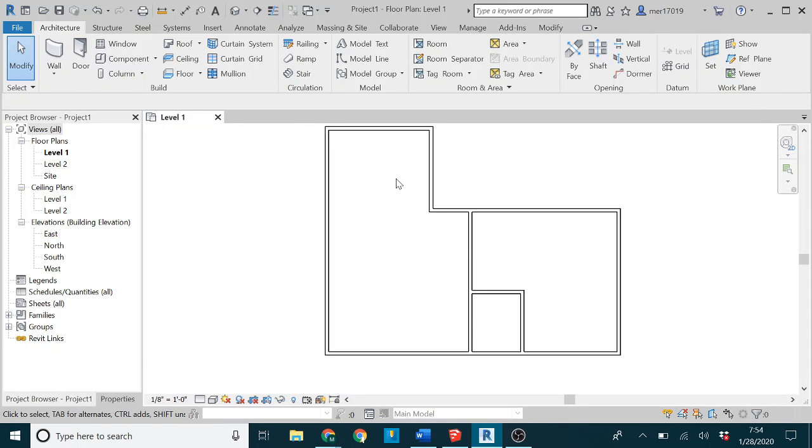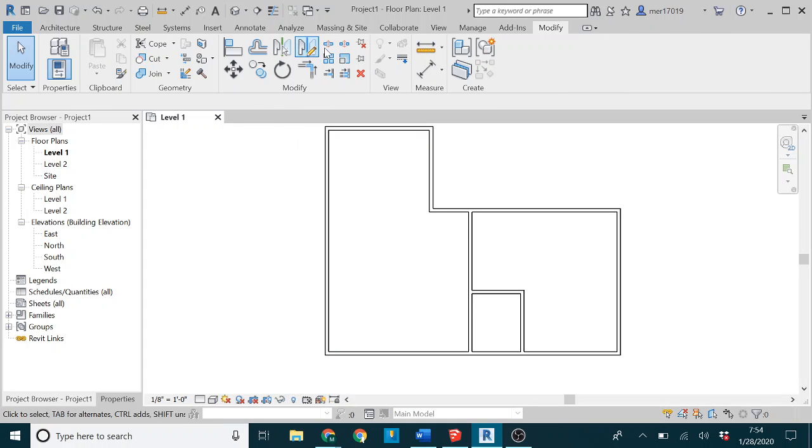Okay, so today I wanted to go over some things with splitting elements, because especially when you're working with phasing, you may want to split an element to change its phase, and then if you change your design up, you would want to unsplit that element in order to change where the split was. So obviously to split an element, you'll go to Modify, Split Element, or you can just hit SL for